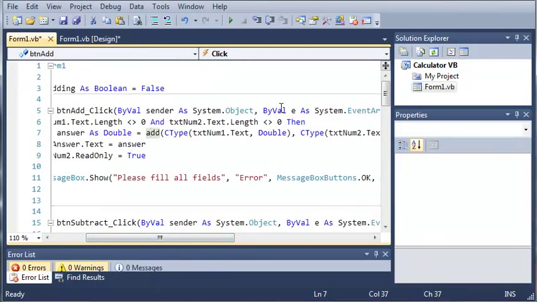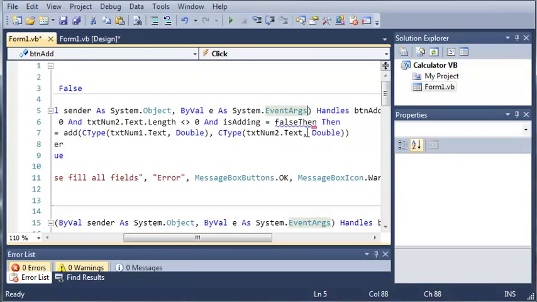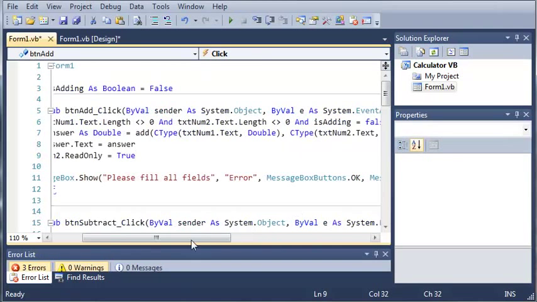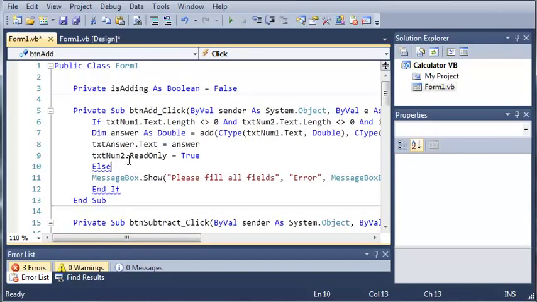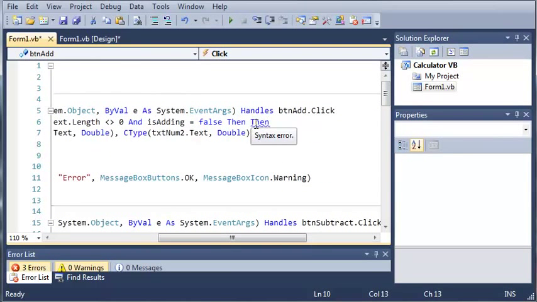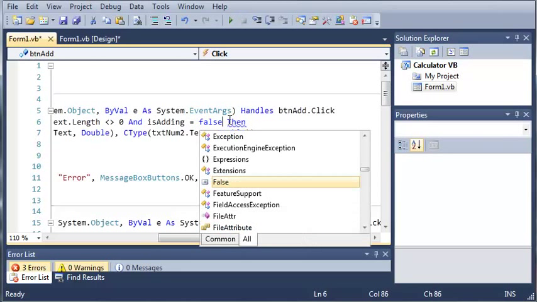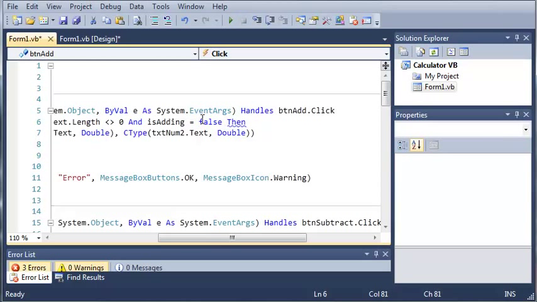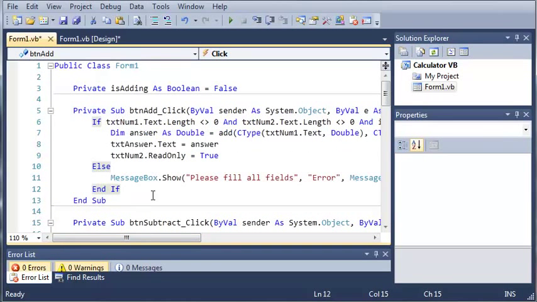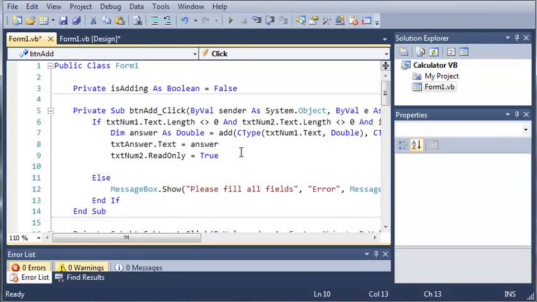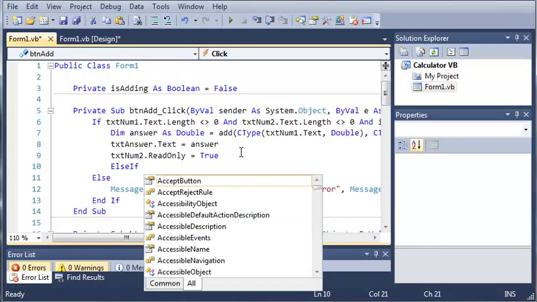So what we're going to do is add another And right here. So And is adding equals false, then go ahead and do this stuff. So now what we're going to do is add an else if. Go ahead and take this Then out. Okay, so we're going to add an else if to see if they are continually adding. So else if is adding,